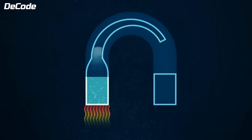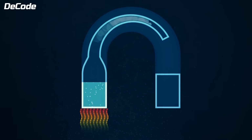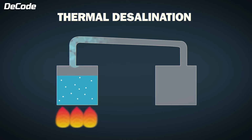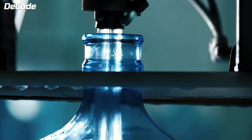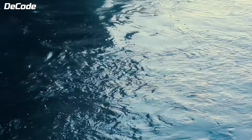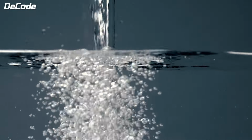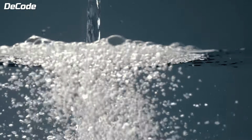Thermal desalination is the earliest form of desalination, which involves a process similar to the natural water cycle. In this method, seawater is heated until it boils and turns into vapor. This water vapor is then collected and cooled, condensing back into liquid fresh water. The process effectively separates the salt and other impurities, which remain behind as the water